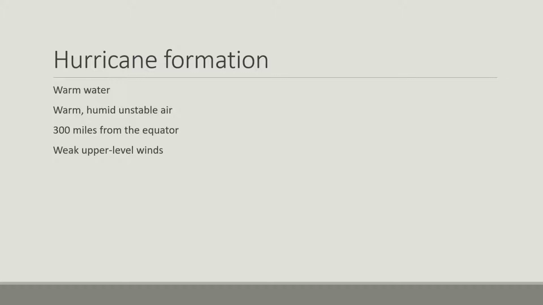We're going to want this to stay consistent through the entire life of our hurricane. Once we move over colder waters, we'll tend to see that the storm shuts down and we don't get that formation anymore. We need to be at least 300 miles away from the equator because if you remember back to